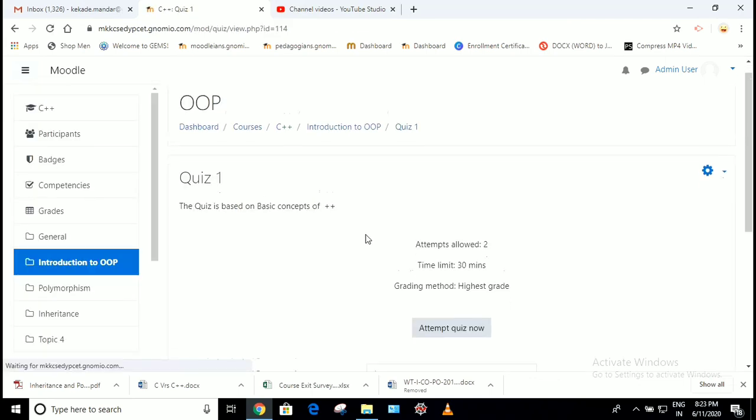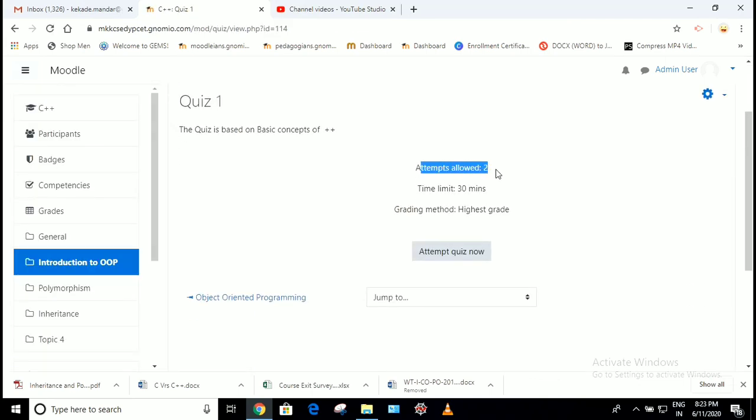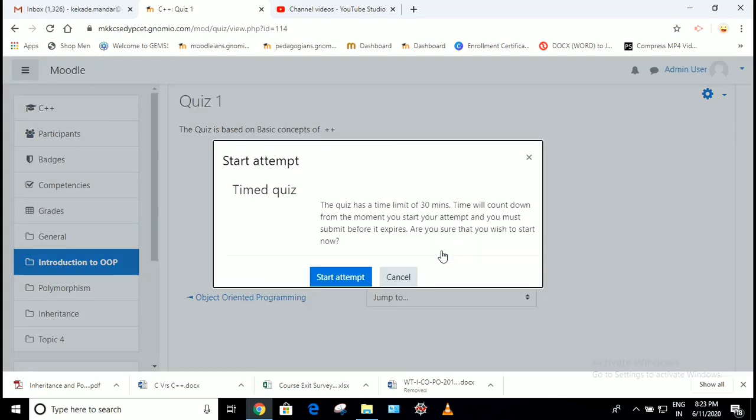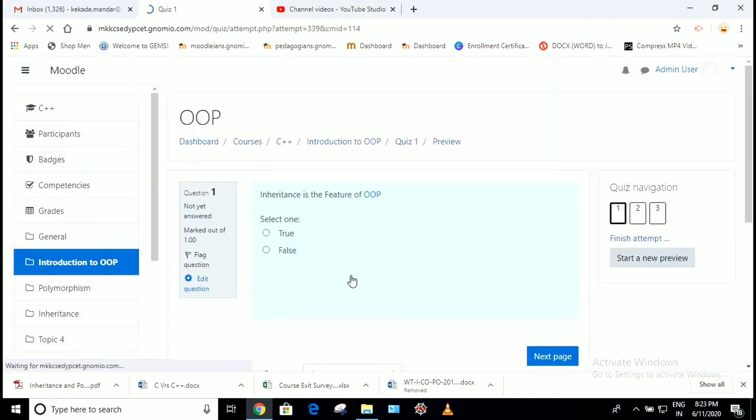So you can see here, attempts allowed 2, time limit is 30 minutes. Now if I click on attempt quiz now, it will ask to start attempt. This is the first question, that is inheritance feature. Inheritance is a feature of OOP. I will click on false, that is a wrong answer, we know. Or we will click on just true.